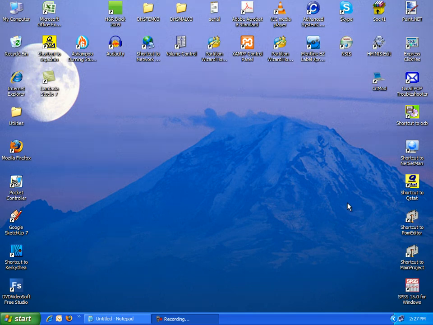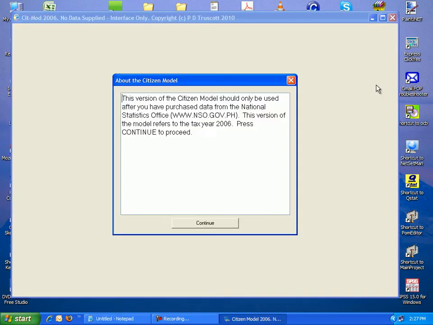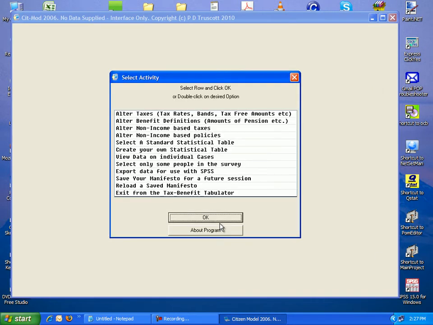Okay, in this example, we're going to use the citizen model to create an ad hoc table that might perhaps be interesting to a journalist or a student. After getting the information screen at the beginning, we're going to create a table which attempts to show what information we can find from the survey about the percentage of people in each region who pay real estate taxes. So the first thing we want to do is exclude from the survey